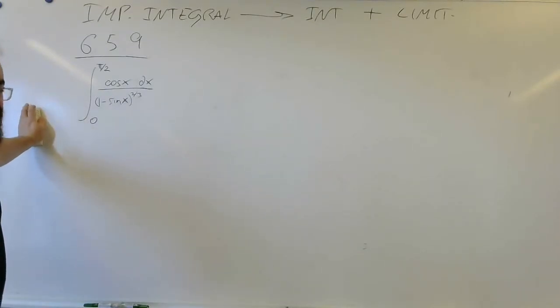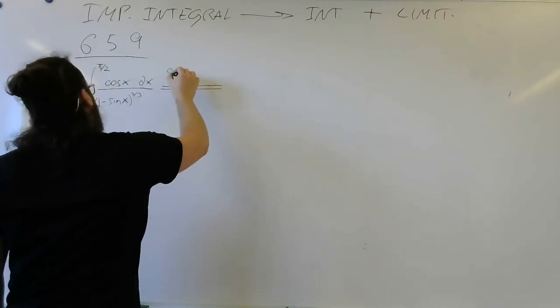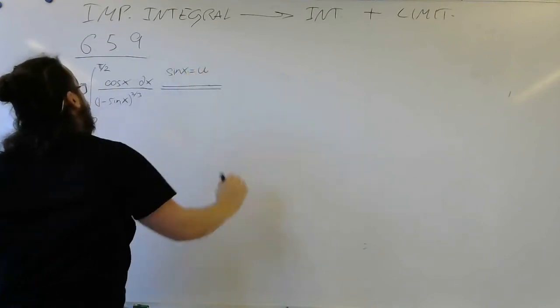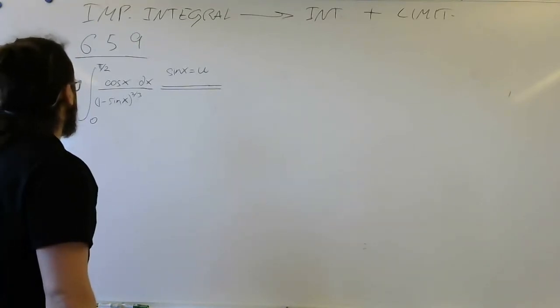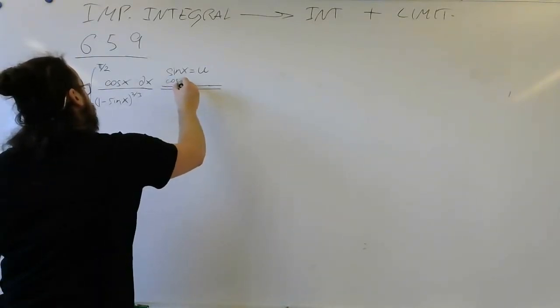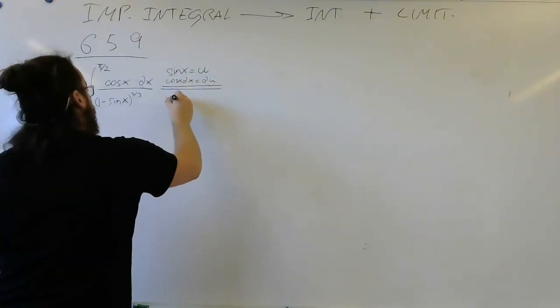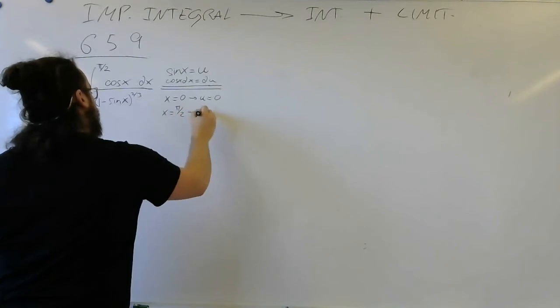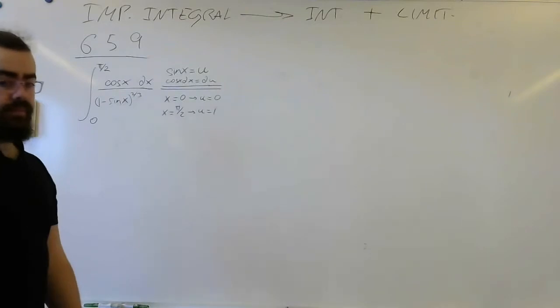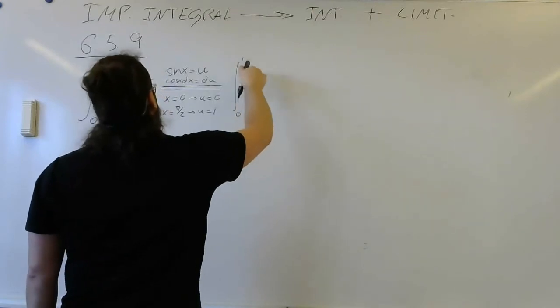So this equation here begs for a substitution. So let's do it. Our substitution will be sine of x equals u. So you have that thing over there. If x equals 0, u equals 0. If x is pi halves, u is 1. So we rephrase the limits of integration, and I have the integral from 0 to 1